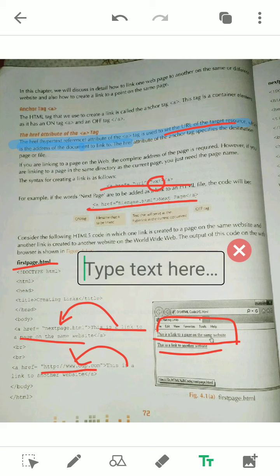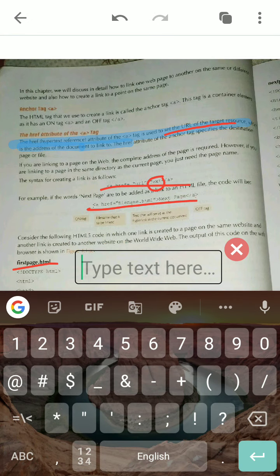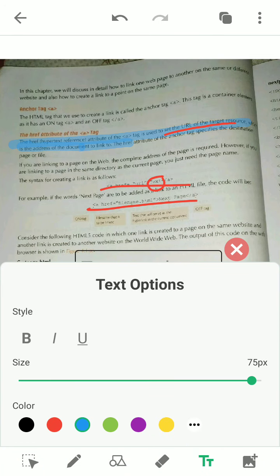say here I'm just typing to show you, say a tag. Let me decrease the size of the text.